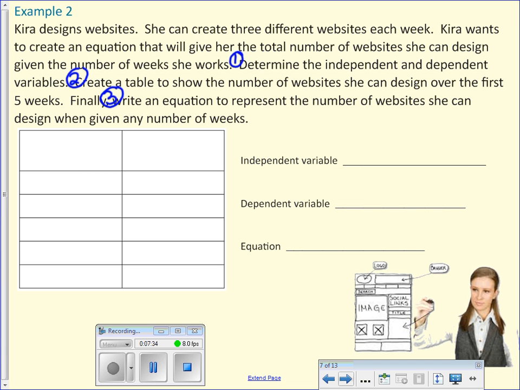So I think it's easier to make the table first, and then the table can help us find the independent and dependent variable. So we'll do number 2 first. All right, so what are the 2 quantities that we have? What are the 2 quantities that I'm going to put in my table? What am I counting? The weeks of the website. All right, so I have my number of weeks,